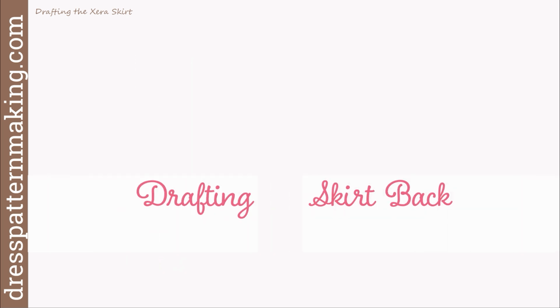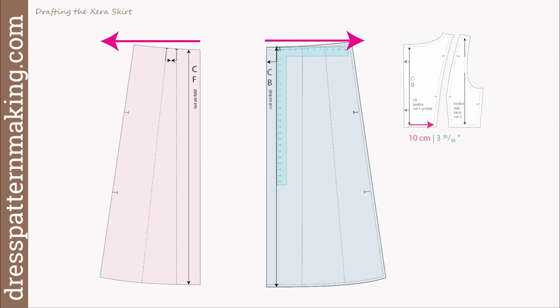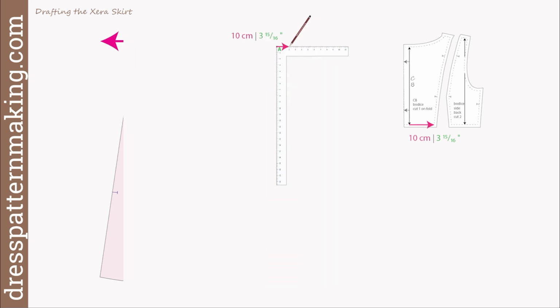So now moving on to the skirt back. I'll get the back bodice pattern pieces out and measure from the center back to the princess line. Of course, the center back pleat measurement is not included, as the pleat will be closed. So my measurement is 10 centimeters or 3 15/16 of an inch. I'll draw a line, this time from left to right, as the skirt back faces the opposite direction to the skirt front. I will draw a line 10 centimeters long or 3 15/16 of an inch long from point A